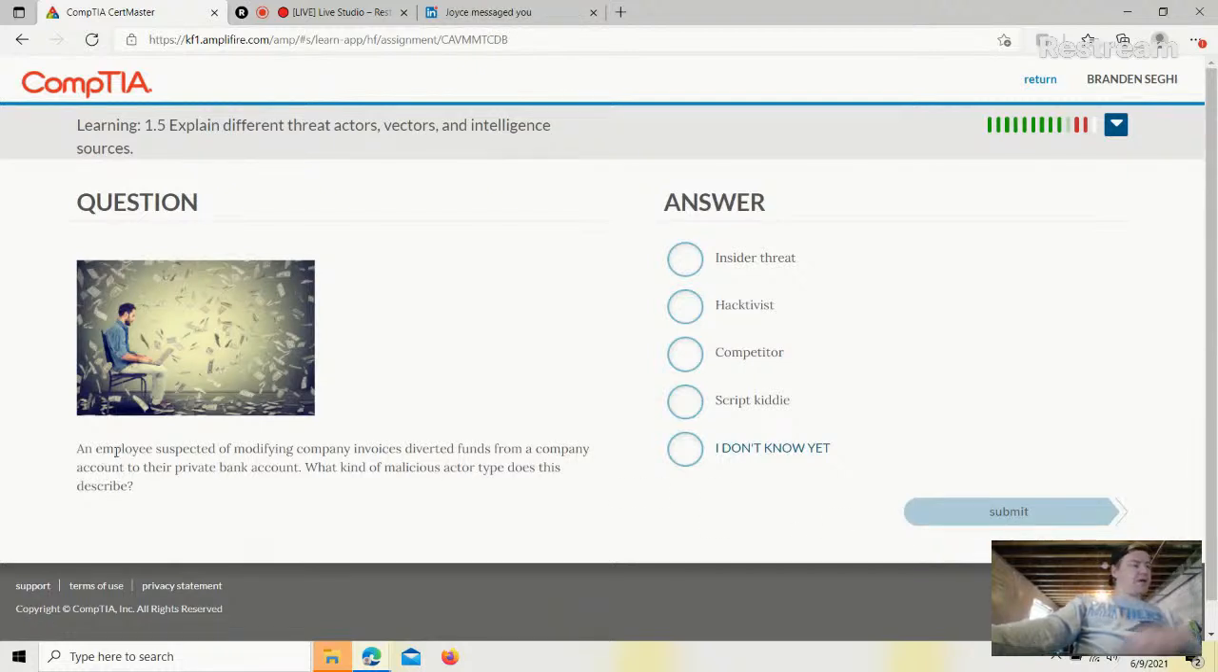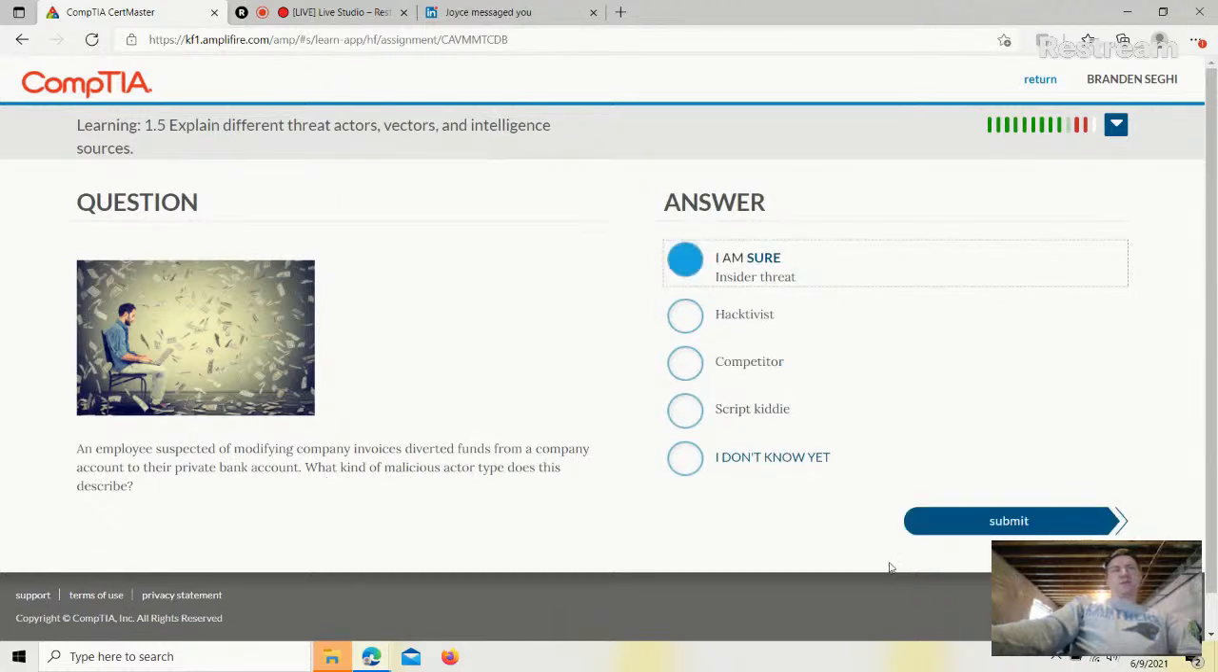Employees suspected of modifying company invoices diverted funds from a company account to their private bank account. What kind of malicious actor type does this describe? Employees suspected of modifying company invoices. That's an insider threat, because